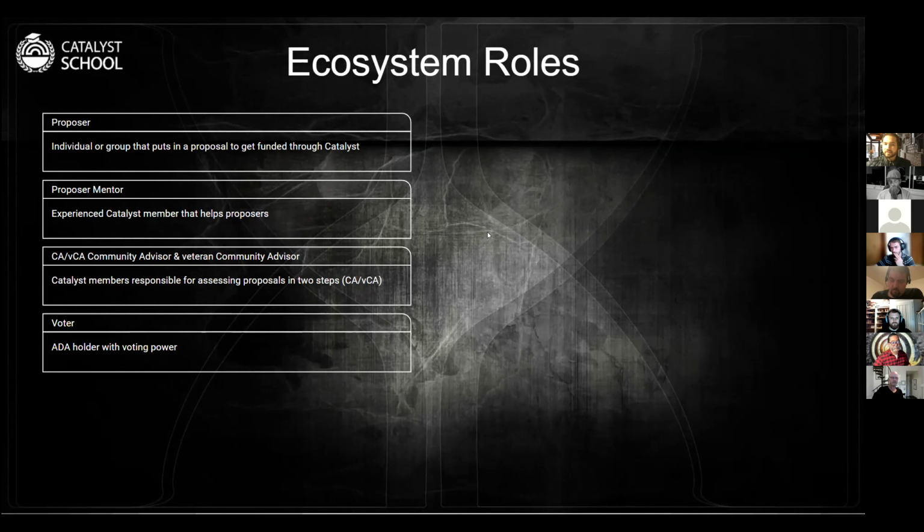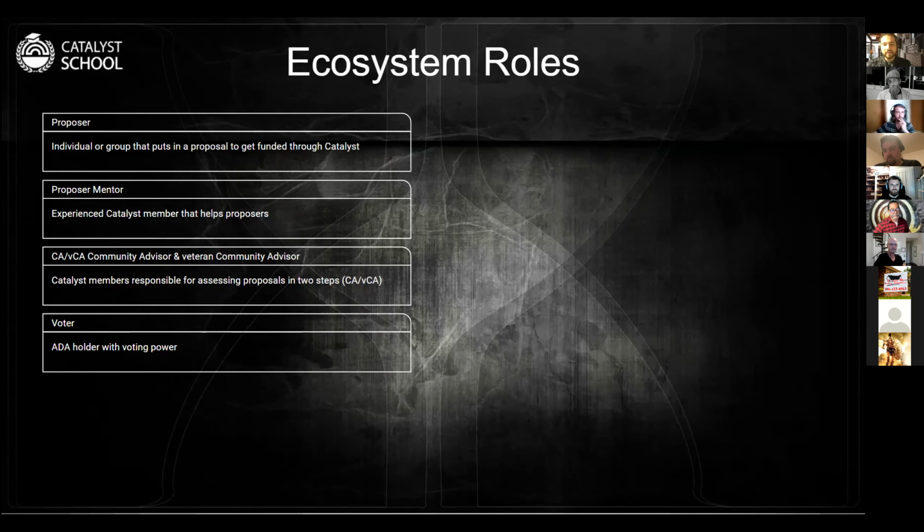And there is only one restriction to be a veteran community advisor. I almost forgot about this. The requirement to be a veteran community advisor currently is that you have to have been a successful community advisor previously. Just to recap, what does successful mean? Successful means that you were not removed from the process because you didn't break the rules. There are some restrictions there. You cannot be offensive. You cannot be completely unfair because if you try to game the system, for example, you can be removed. And by doing this, you are not eligible to be a VCA in the following fund.